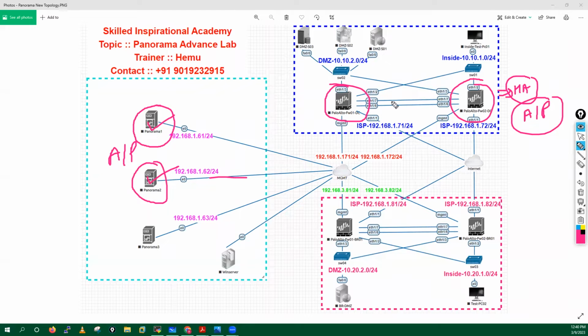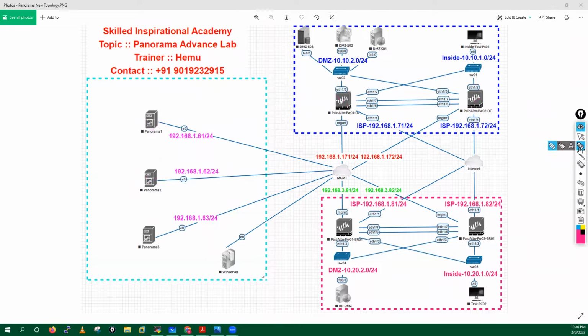Now guys, right now I am managing these two firewalls locally. What I will do is add these firewalls into the Panorama for Panorama management. So this is my lab topology, guys, and you can see here,